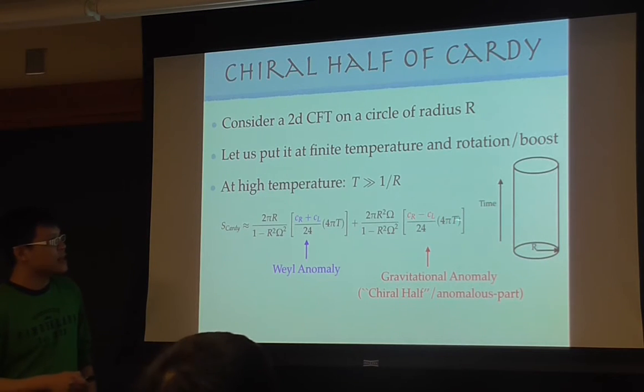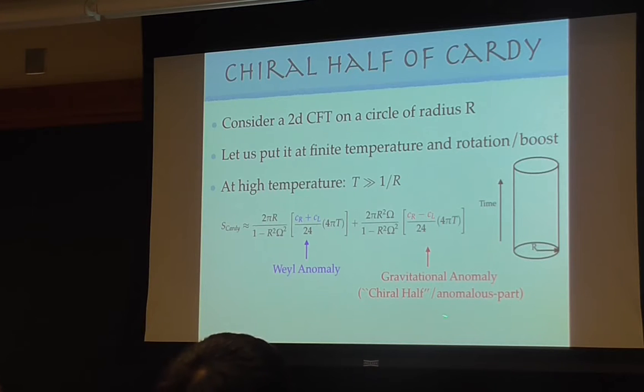And it's also linear in T, and this is what I would call the chiral half, or the anomalous half of the Cardy formula. And the aim for the rest of the talk is to tell you in high dimension how the formula looks like. There's a definite answer, and then to try to match it. So this result has been matched to 3D BTZ when you incorporate the gravitational anomaly in the bulk through what is called the gravitational Chern-Simons term. So if you're familiar with 3D gravity, those theories are called topologically massive gravity. So this we understood and we know how to match them.